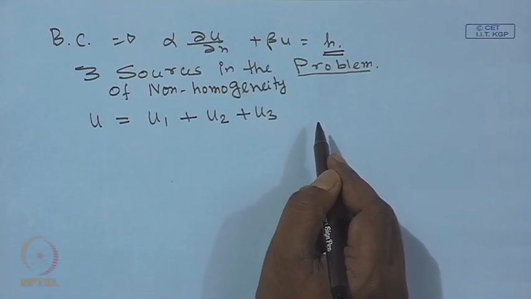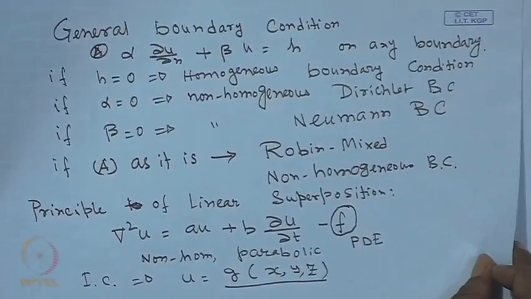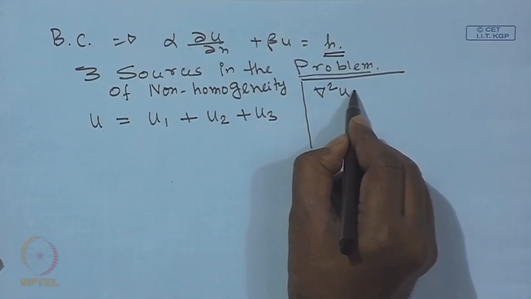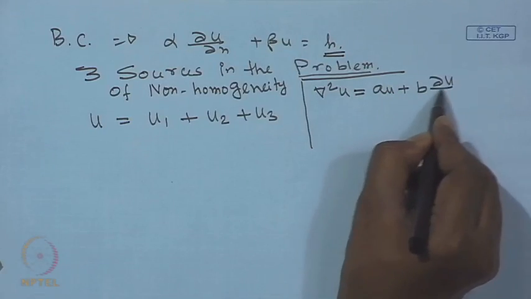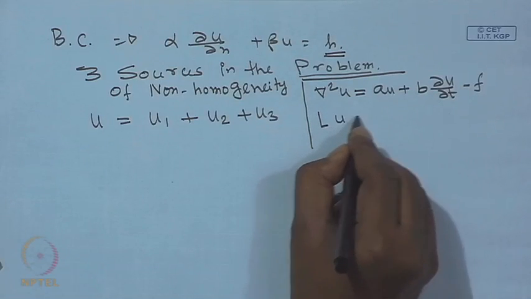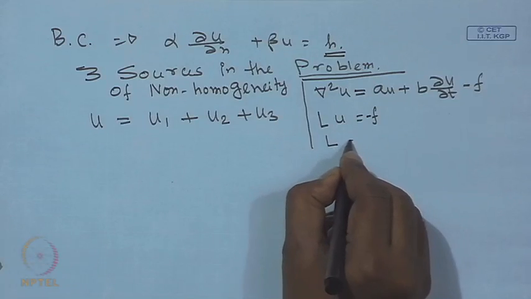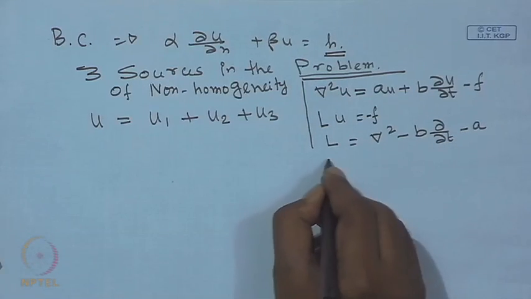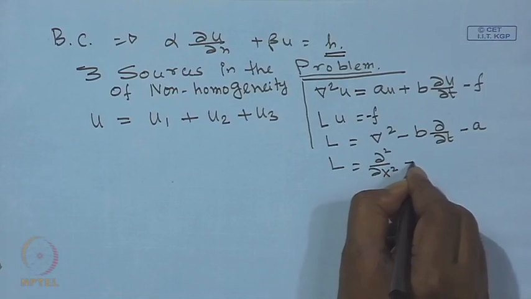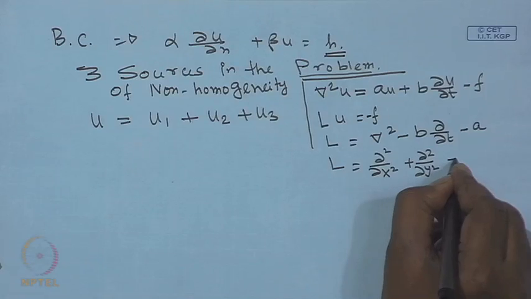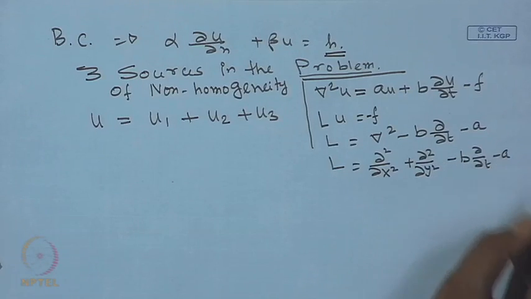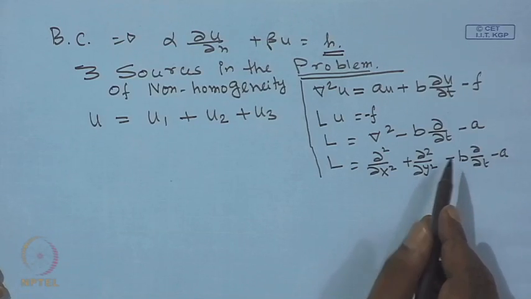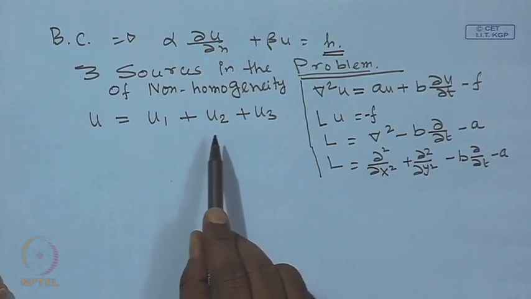What is the operator in this problem? The operator will be del square u. So, we will take a diversion here and talk about the operator once again. Del square u is equal to a u plus b del u del t minus f. So, it can be cast in the form L u is equal to minus f. L is the operator, and this operator is grad square minus b del del t minus a. So, the operator is nothing but del square del x square plus del square del y square minus b del del t minus a. If it is three dimensional space, then one more del square del z square will appear here. Since this operator is a linear operator,